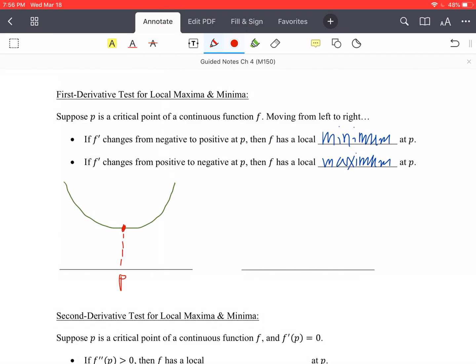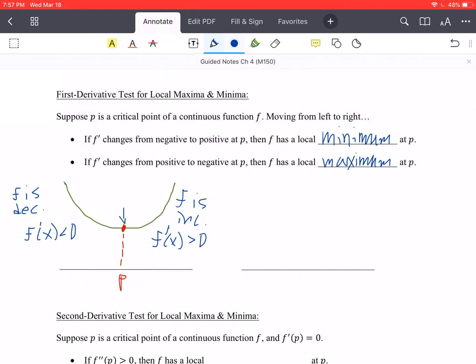That's our point P. Notice everything to the left on this side, this function is decreasing, right? Or in other words, f prime of x is negative on this side. And over here on the right-hand side, f is increasing, so f prime of x is greater than 0,